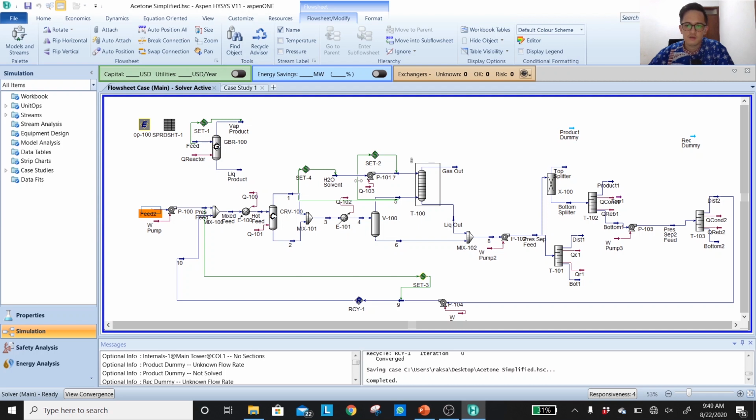So you see that the simulation now becomes more complex, but I hope you still understand the fundamentals and also the technique in HYSYS. That's why we need a lot of splitters, we need a lot of sets, so that once you change the number in the feed, the number in the water solvent will be adjusted automatically. Imagine if you don't have a lot of these settings, you change the feed and then you have to change the solvent in the next step, and it will give you a lot of trouble, inconsistency and even some errors. So think about where you have to put the set.